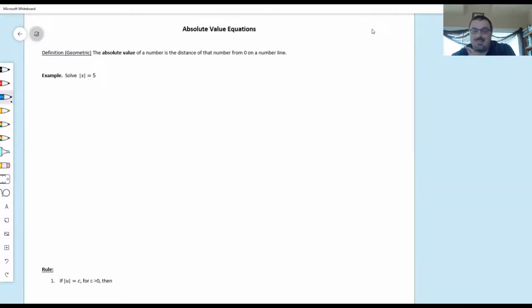Hello. Today I'd like to talk about absolute value equations. And to do that, let's start looking at the idea of the definition right here. Absolute value is the distance of a number from 0 on a number line. So we look at this. If you have the absolute value,